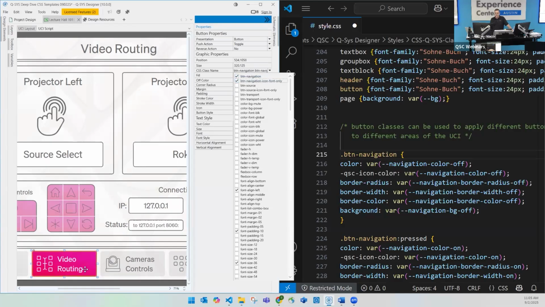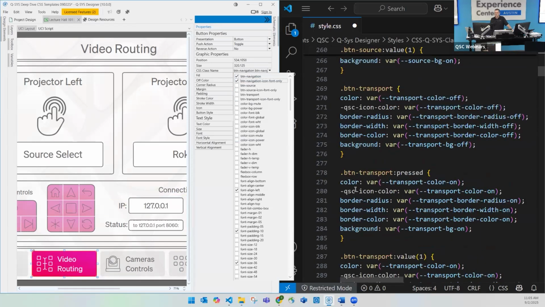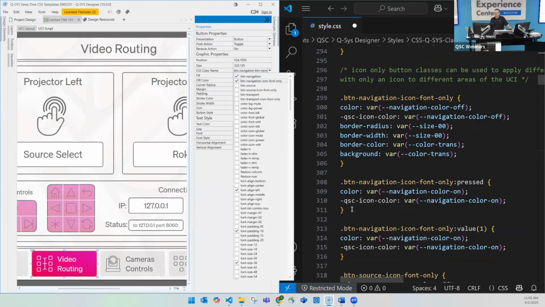So even though this is technically overriding the nav button, it is only redefining the off state background, because right here, it does not have anything with background in the pressed or the on state. So CSS carries down its original defining trait, right? It says this has a background defined in pressed and on. I'm going to keep it. Everything else will get redefined